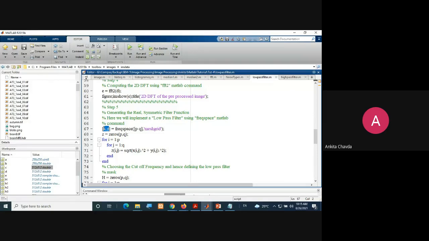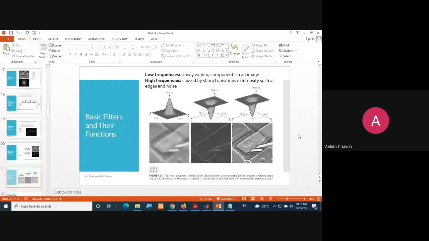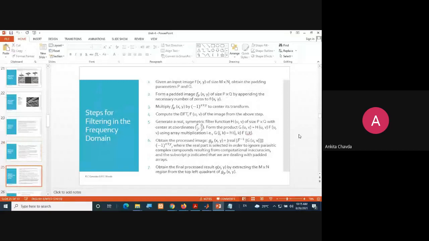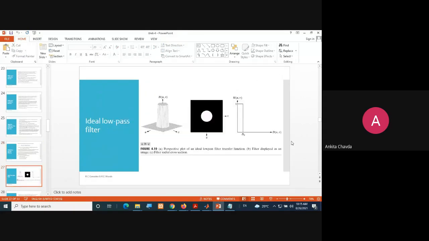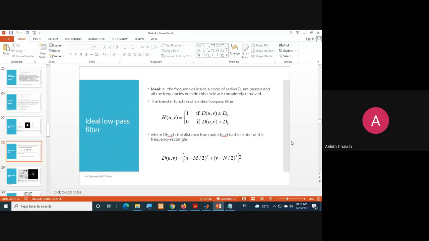Then I'm taking another image here, Z equals all zeros of P and Q. Again, I'll take the for loop. My next step is to create the filter, this one. I need to create my filter function h of u, for an ideal low pass filter.